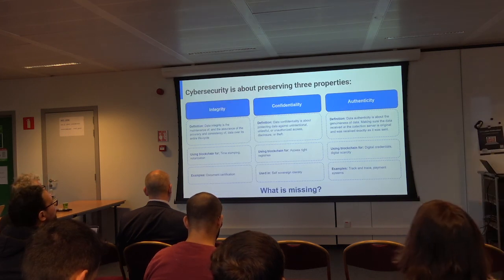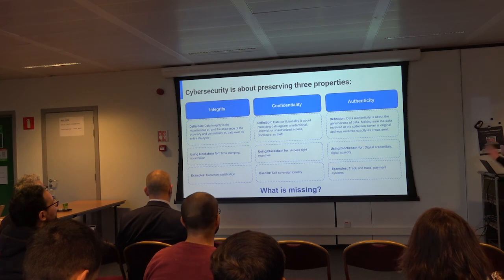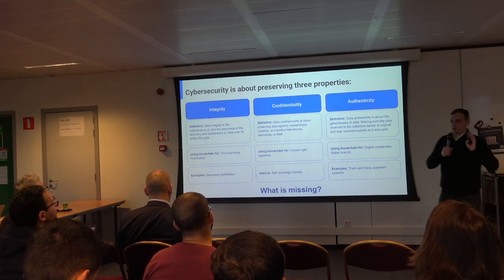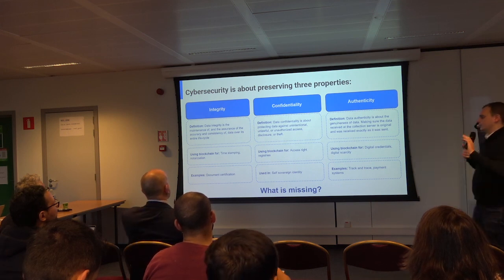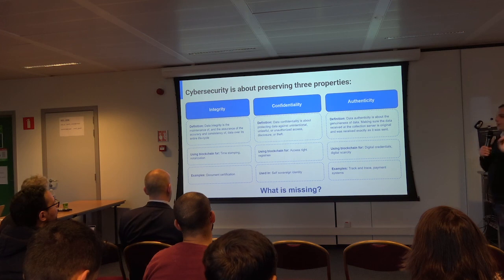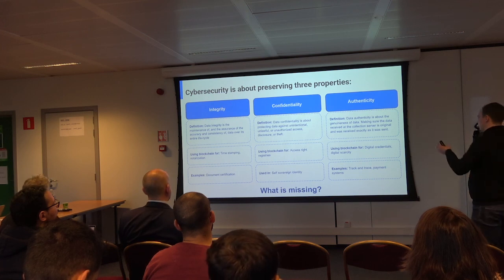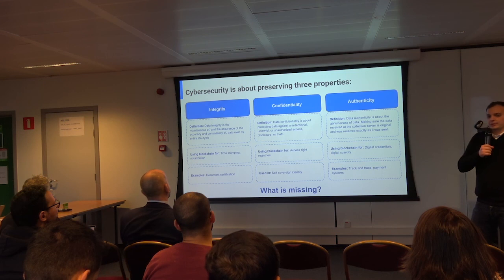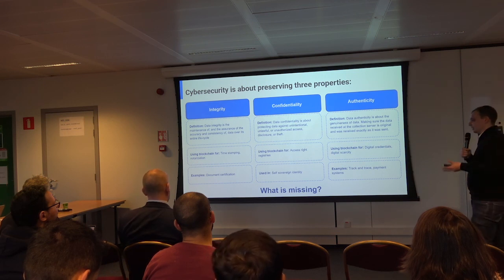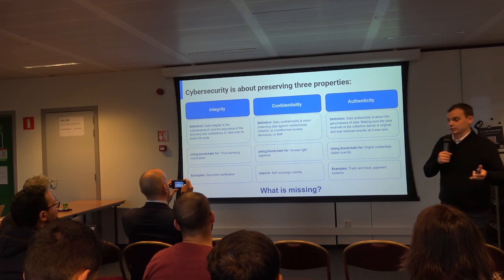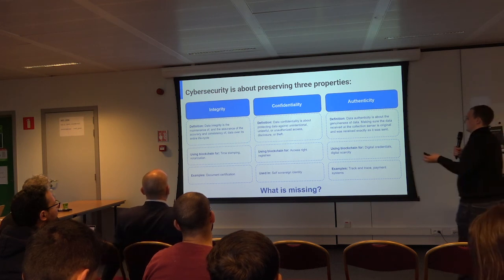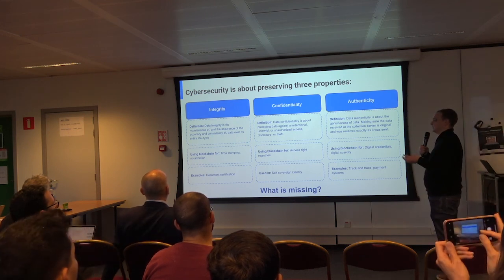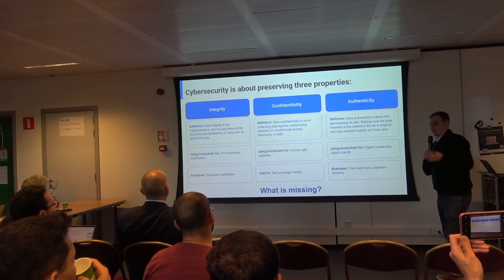We are going to take a few examples, but first I would like to remind you of three core concepts around cybersecurity. Of course, there are many different ways to describe cybersecurity, and there are multiple definitions. However, we can start from those, and there are really three properties that we would like to maintain. The first one is integrity, defined as the maintenance and assurance of accuracy and consistency of data over its entire life cycle.